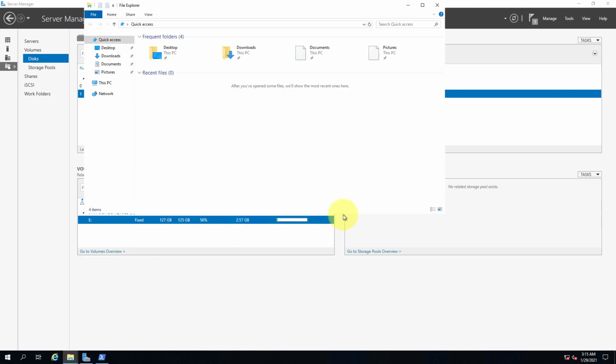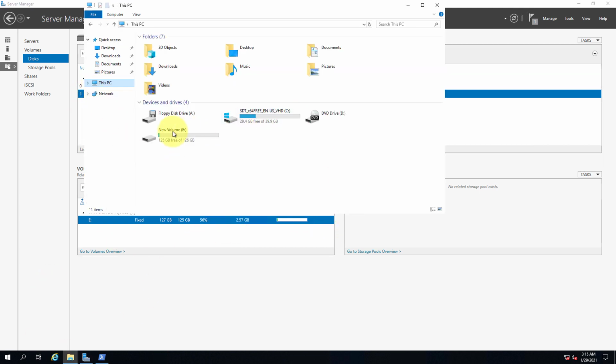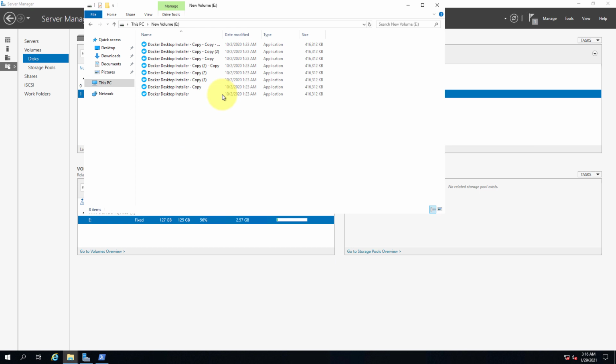Now if you go to your second partition, you can see that it has saved some space. Earlier it was 123 GB, but now it is 125 GB. When you go inside and check, you can still see the files are there, but it has only kept the first file's storage, 416 MB, and the others are avoided.